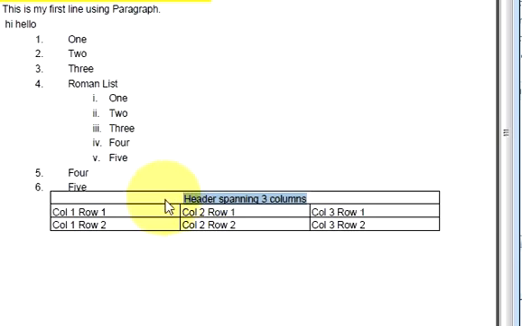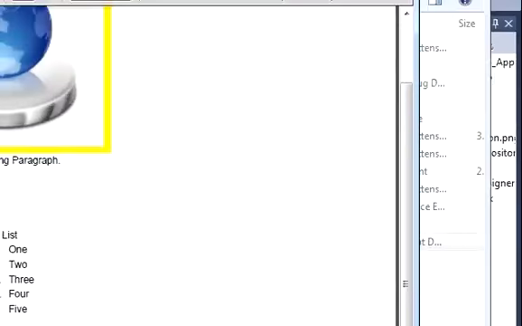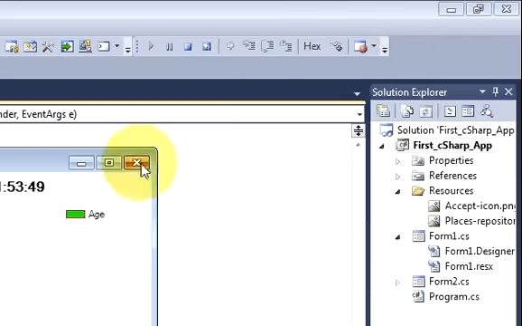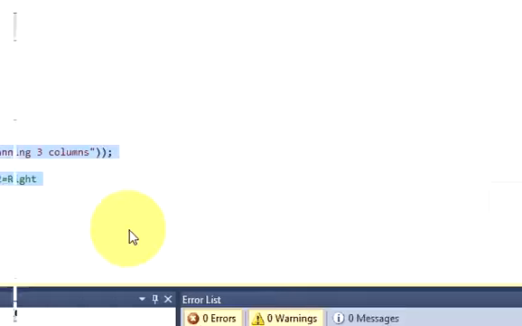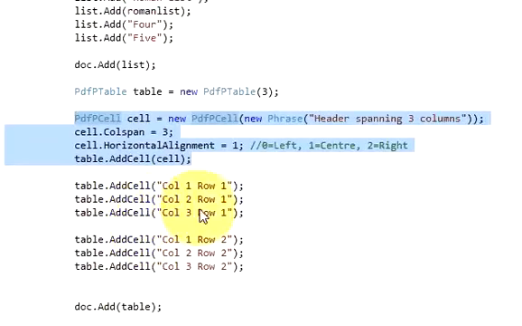So now I will show you how to change the font of this header or any cell. That code will apply to any cell. I'm just writing it for this cell, which is the header. So I will change the font and I will change the color of this header. So let's see how we can do that. So in our code,